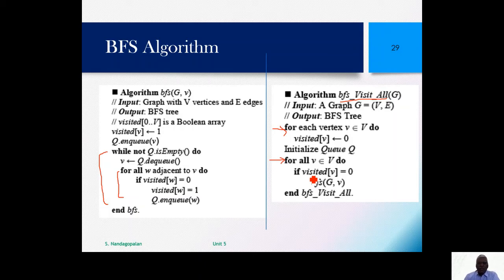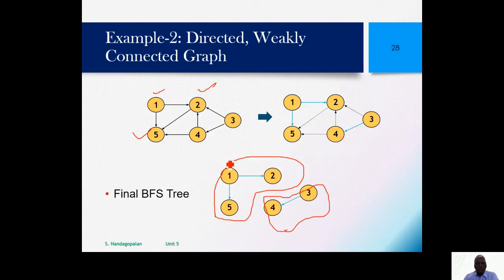That means for all vertices V in the vertex group or the set, if it is 0, you have to initiate this. So I need to check each and every vertex whether it is 1 or 0. For example, in this case, now 1, 2, 5 in the visited vector will be 1, whereas 3 and 4 will be 0 for the first call of BFS, because it will start with 1 and add 2 and 5 into the Q, and nothing more to add. Hence we have these entire 3 vertices in the Q and they get deleted, Q becomes empty, job is done.